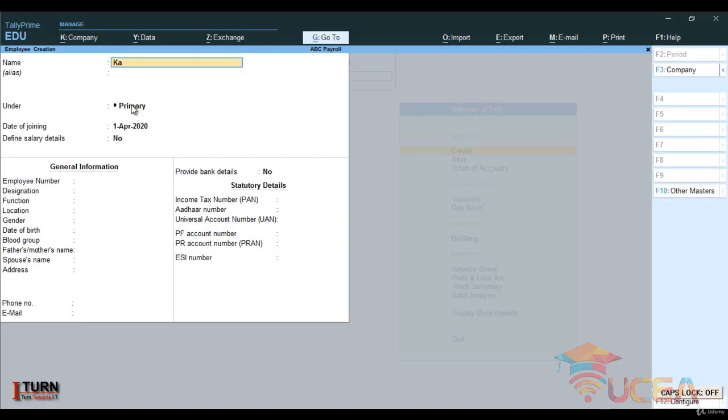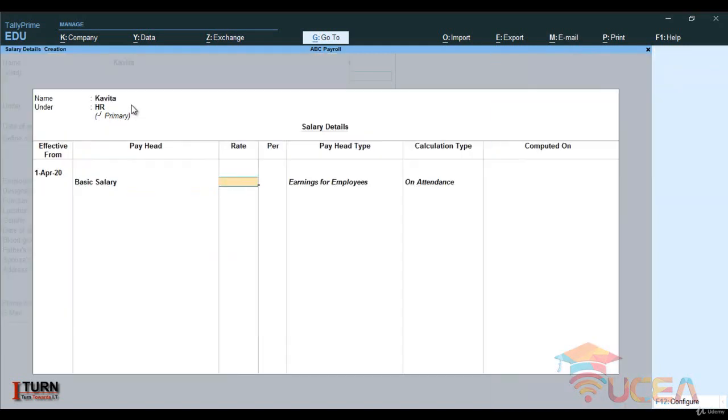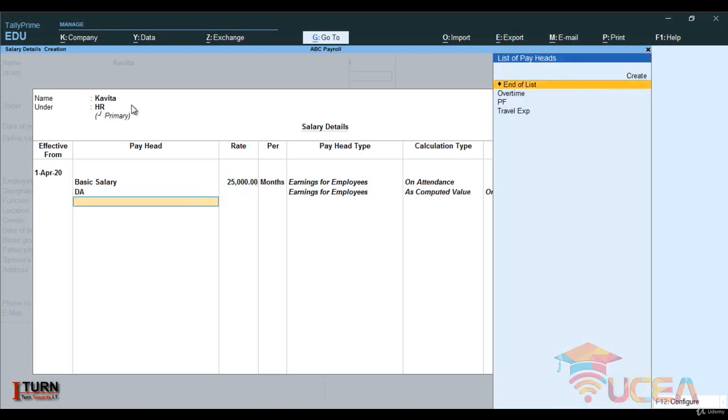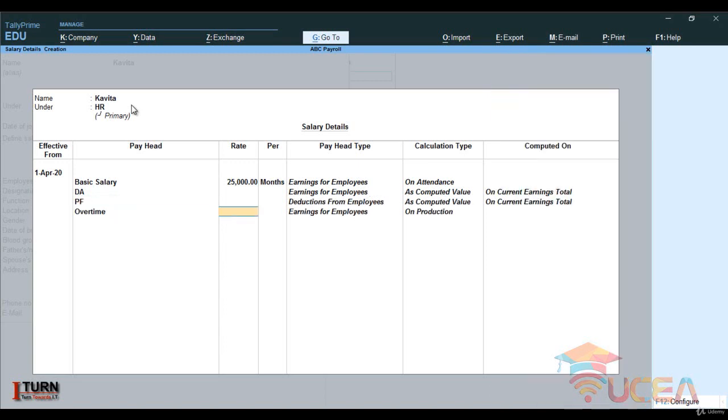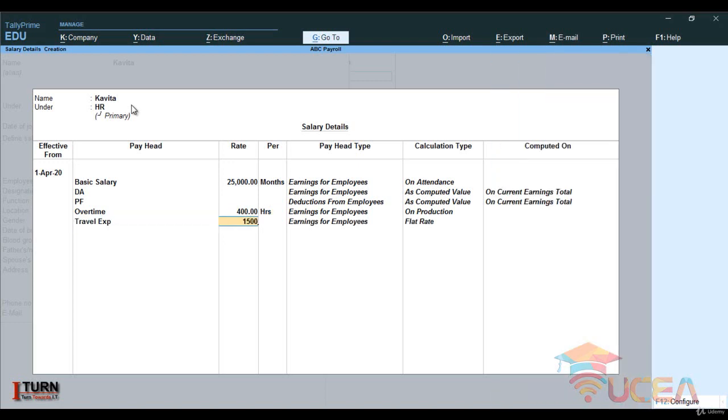Next I'm creating, let's say, Kavita, and she is going under the department which is HR, effective from 1st of April, define salary, yes. Here I am selecting the basic salary of 25,000. Okay, next I am selecting DA, next PF, next overtime, and here the overtime rate is per hour, so it's 400, and travel expense is fixed, so 1500.